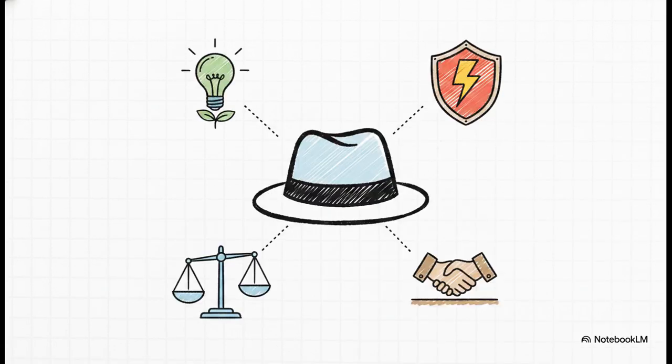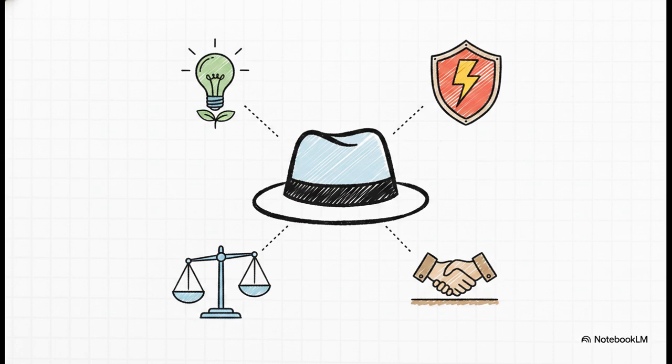And lastly, we have the decisional roles. Here, a manager has to act as an entrepreneur, constantly scanning for opportunities and initiating change. But what about when things go wrong? Well, then they have to instantly become the disturbance handler, the one putting out sudden fires and managing unexpected crises. Add to that the roles of resource allocator, deciding where the time and money actually go, and negotiator, representing the